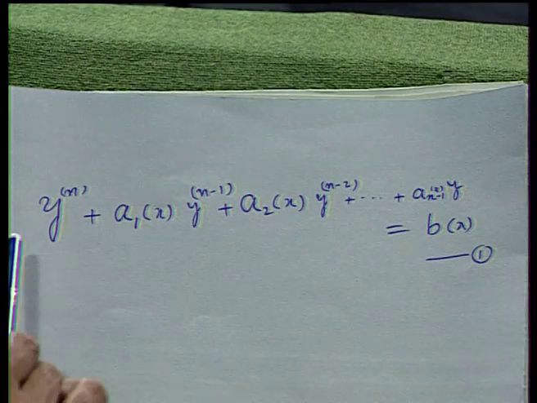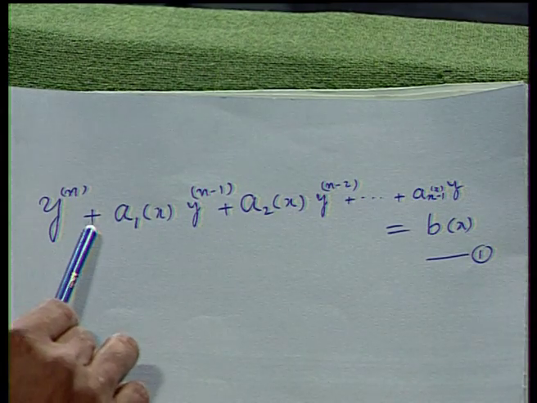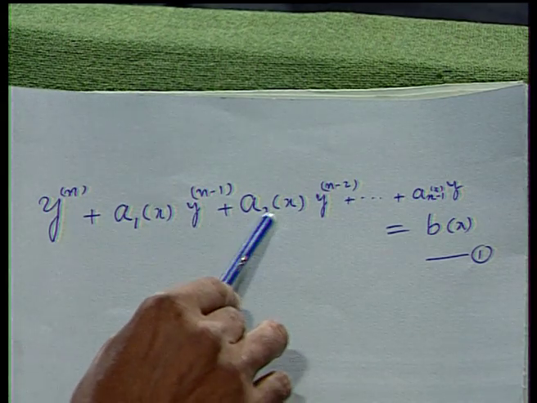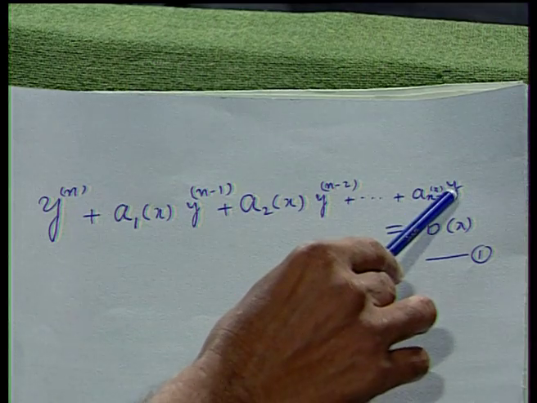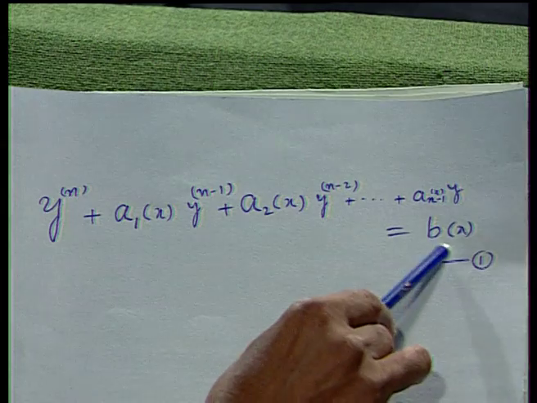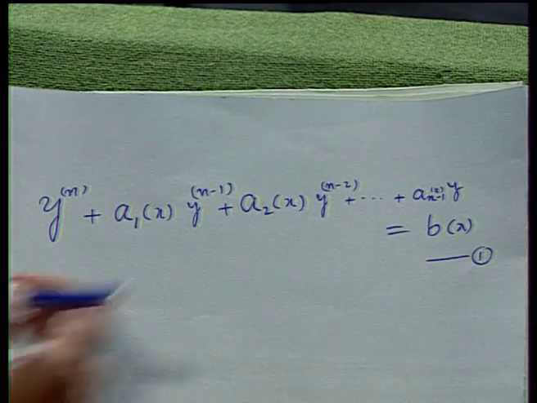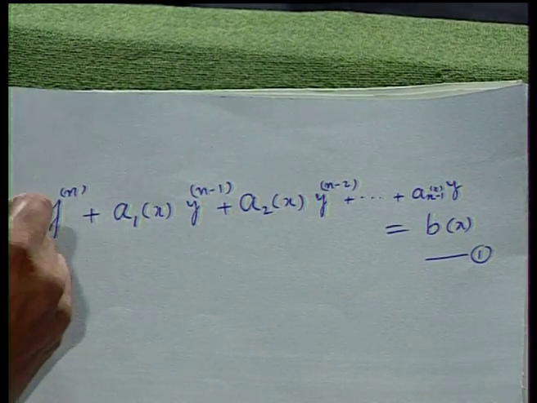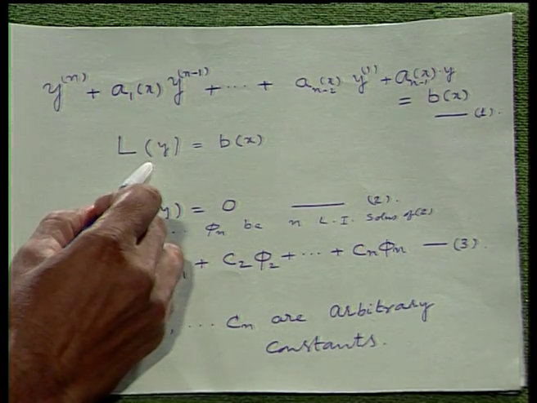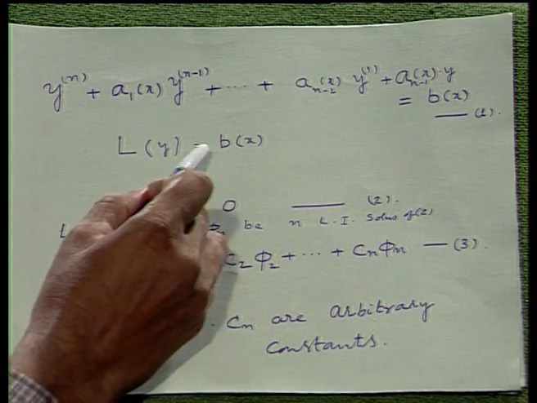A general nth order linear differential equation with variable coefficients is as follows, that is y^(n) plus a_1(x) y^(n-1) plus a_2(x) y^(n-2) and so on, plus a_n(x) y is equal to b(x). This b(x) we are calling the non-homogeneous part. I may call the left hand side L of y. Now, the linear differential equation can be represented by L y equal to b(x),